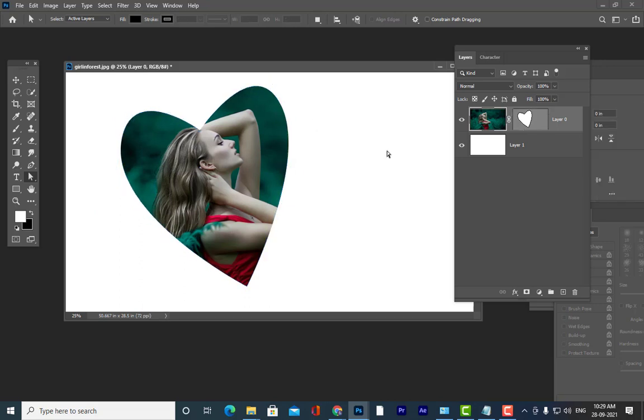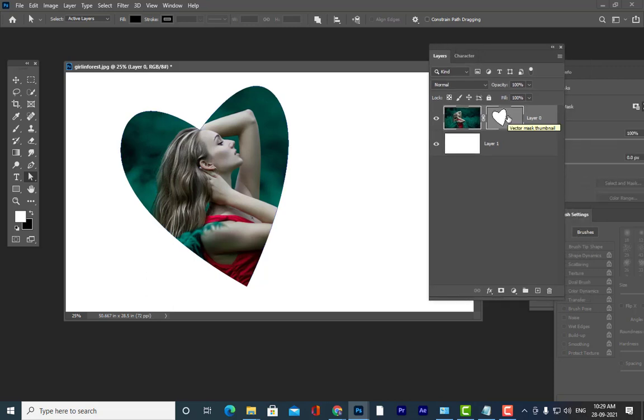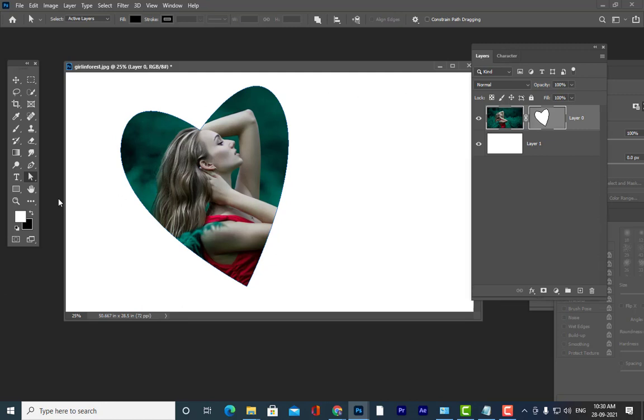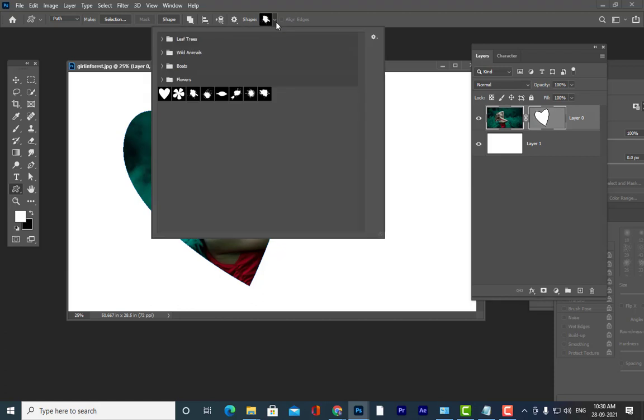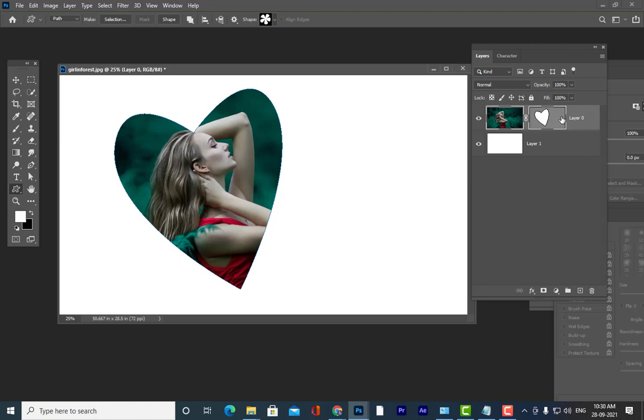So you can check the thumbnail here. This is a vector mask thumbnail. Are you all getting my point? So there is a shape here, and you can modify the shape. This is a shape that we have created using the pen tool. Instead of creating a shape with the pen tool, we can also use the ready-made shapes that are available here. Custom shapes. For example, here we have flowers, so we can use this flower custom shape. But the most important thing is to keep this vector mask thumbnail active. So just drag it like this.